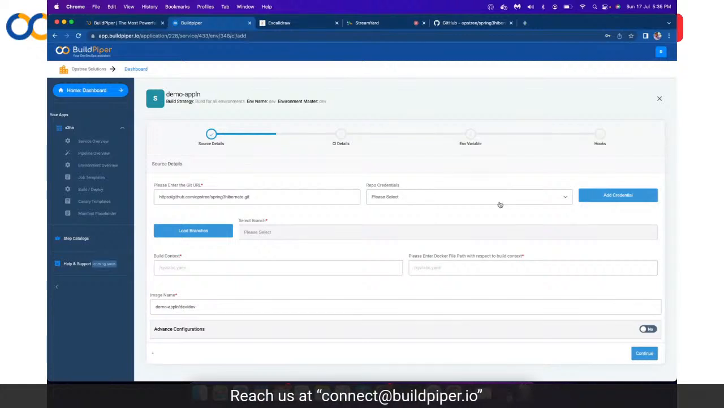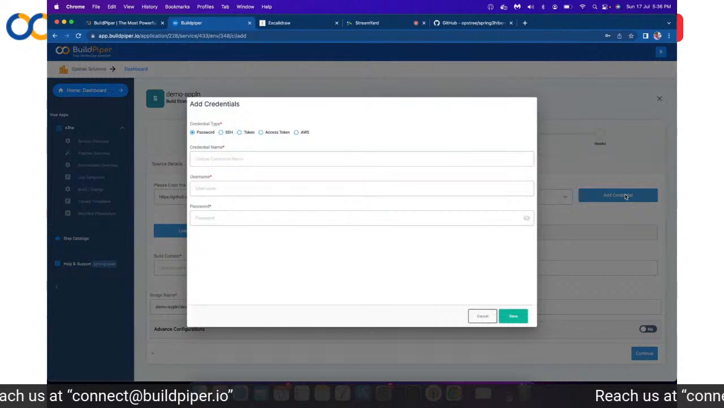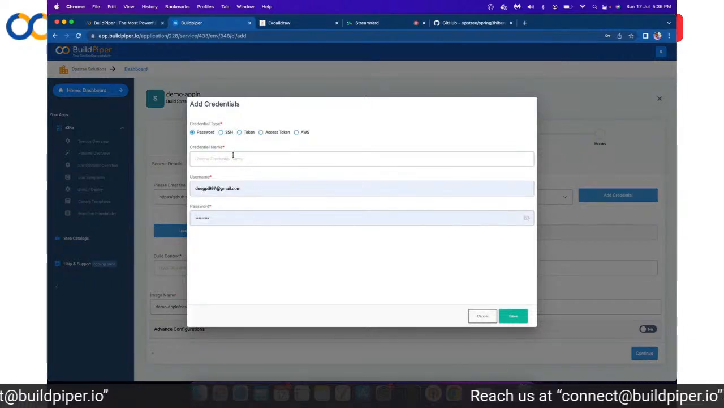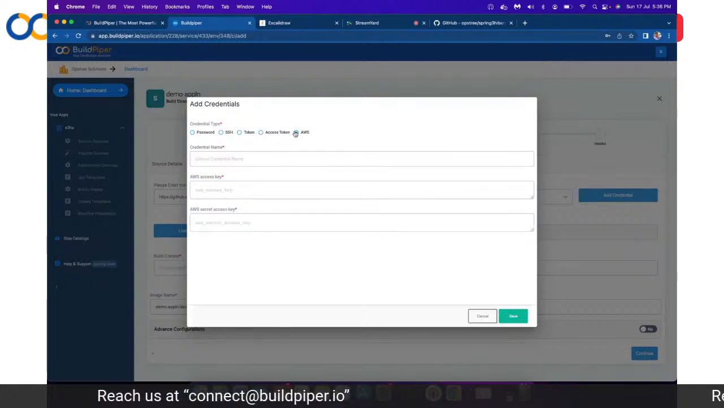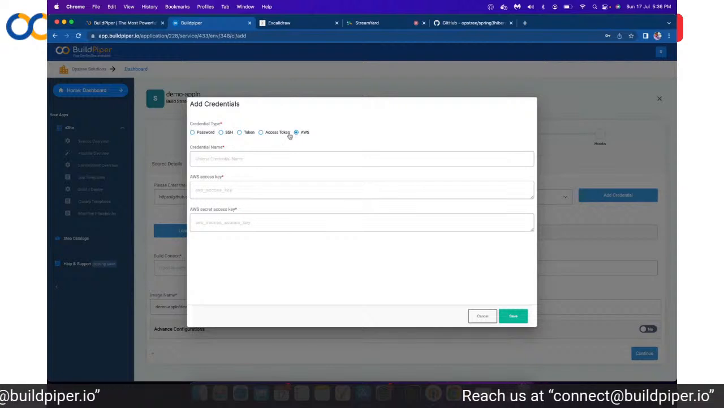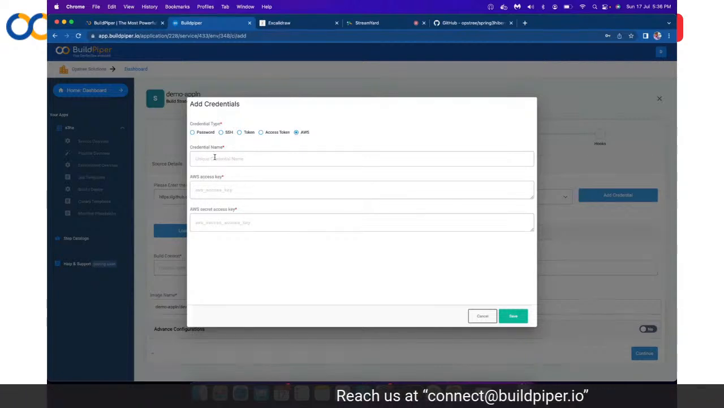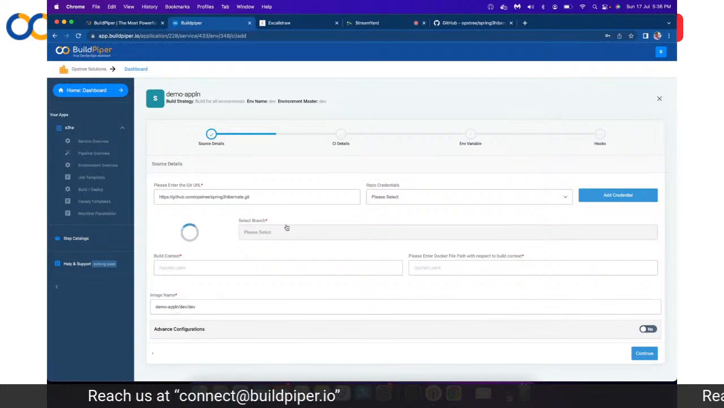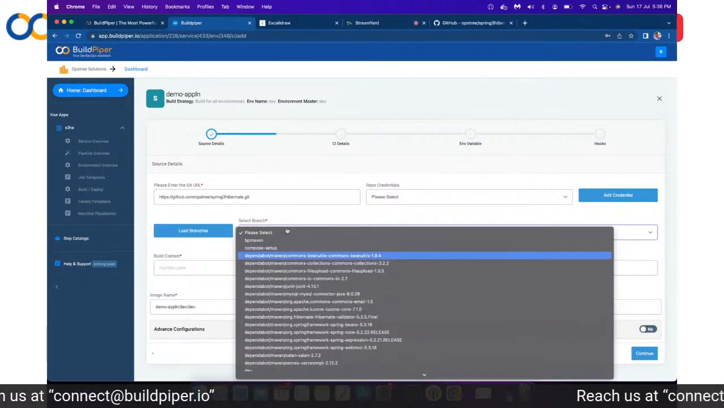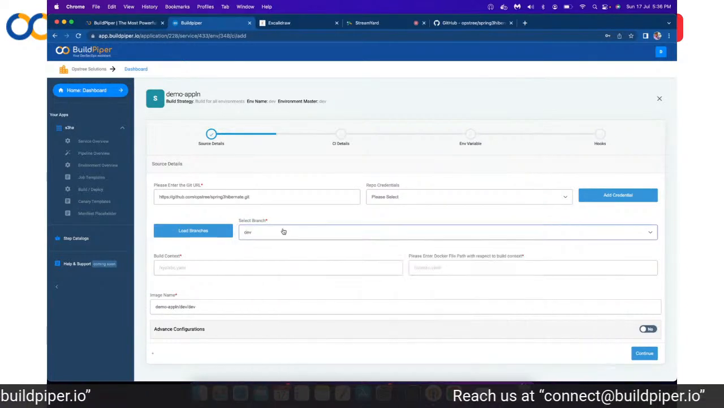But definitely in an organization you would be having a private repository. So what you can do is add your credentials, and these credentials could be of type password, your SSH keys, your token, your access tokens. Or let's say your repository is hosted on one of the cloud providers, let's say AWS CodeCommit, right? Then you can provide your access key and secret access key details as well, right? So right now, as we have a public repository, let's say I want to build with my dev branch,